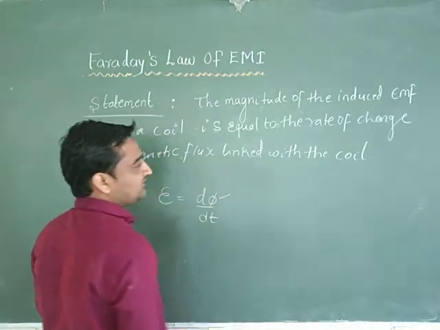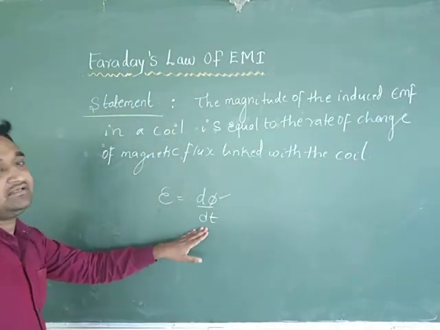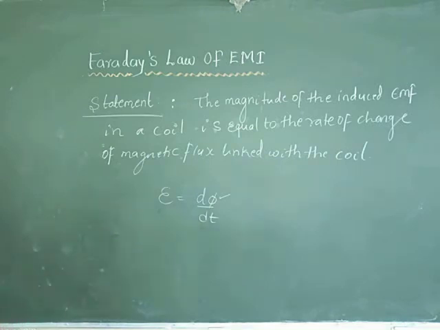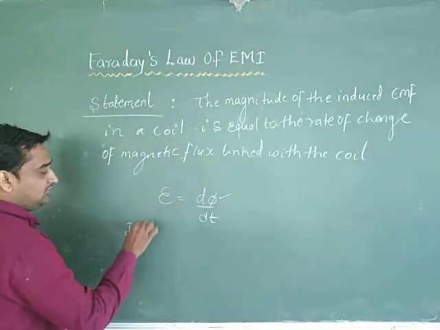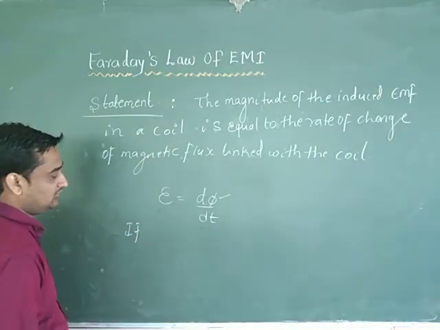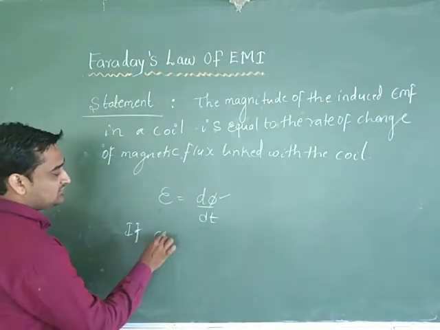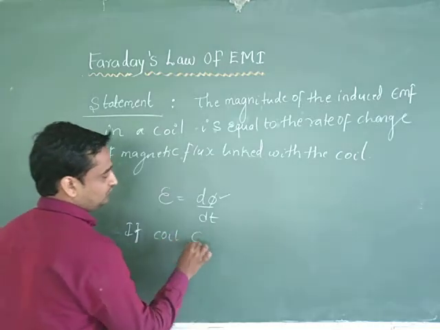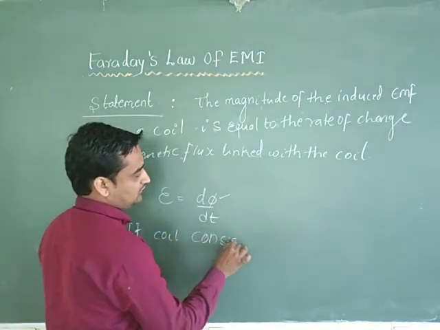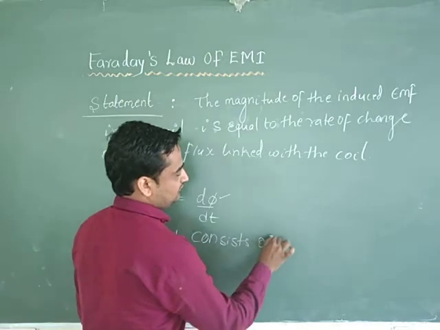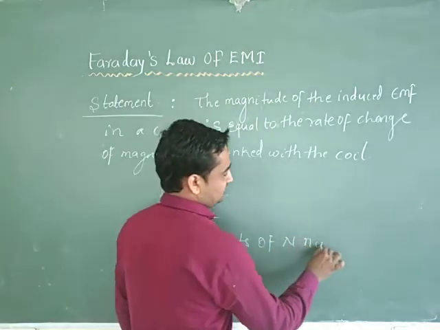The small change in the magnetic flux in a small interval of time, dt. Therefore E is equal to minus dφ by dt. So if the coil contains n number of turns, this is for one turn. If the coil consists of n number of turns,